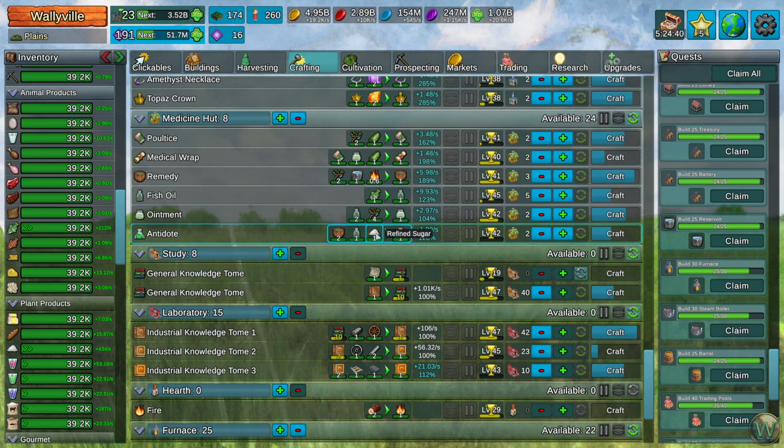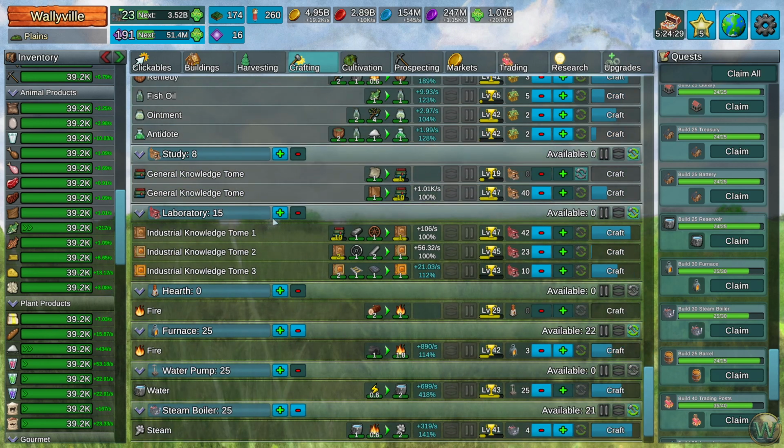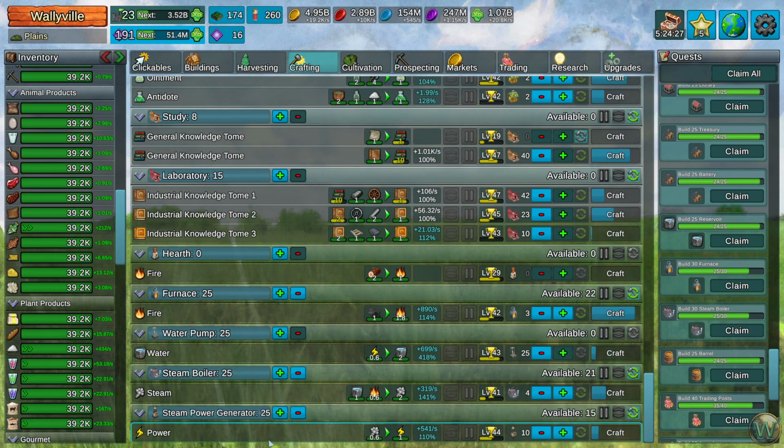The sugar will be imported, but it's not very much. And I think it just makes sense to do this in the forest because of the quantity of herbs that's used in things like the ointment and the remedy and the poultice. The study, the lab, and everything else down here do not have any bonuses or any penalties in any biomes. So I think for those items, they should be made locally,